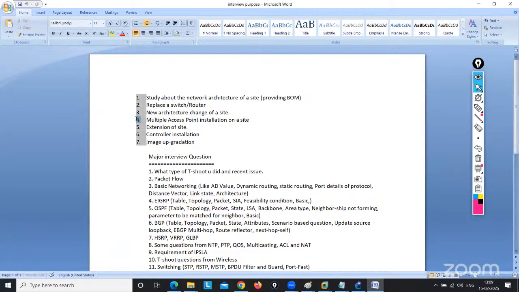And multiple actions. Suppose one of the projects comes to your team. You are working on the project team, and it is a very small project. Suppose I need to install 50 access points on your site. So what should be your procedure now? How will you proceed? You need to tell these things, so that somehow you can manage between L2 and L3, and in all the course, whatever I teach, you need to follow all the things.